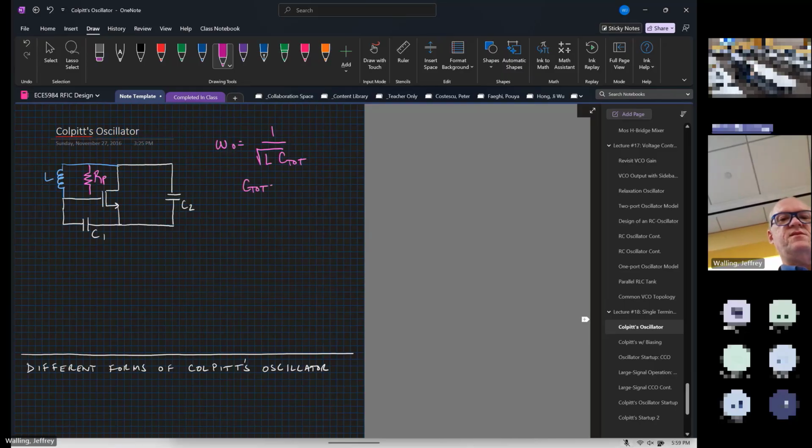C total is equal to C1 in series with C2. I know I just used the parallel sign, but